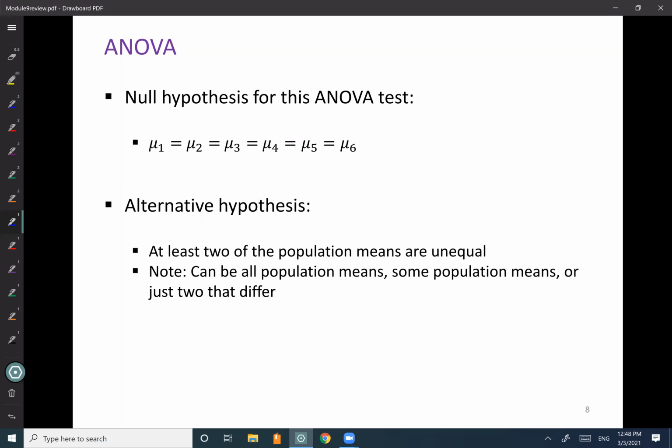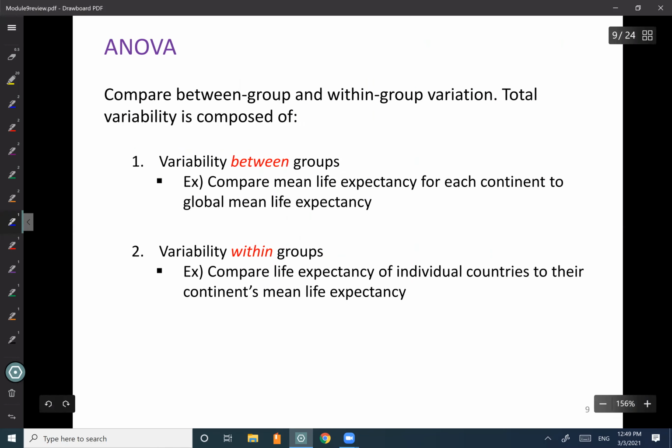So if we reject the null hypothesis and accept the alternative, we don't know whether it's all the population means, some, or just 2. So then we can go forward from there and do what is called a multiple comparisons test, which we will see later. But first, the ANOVA,